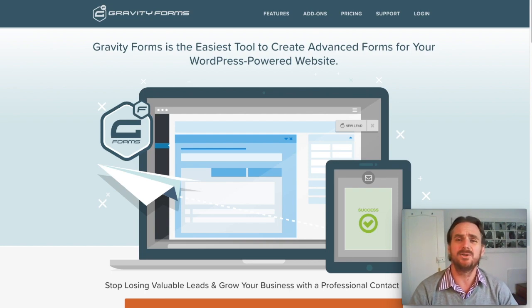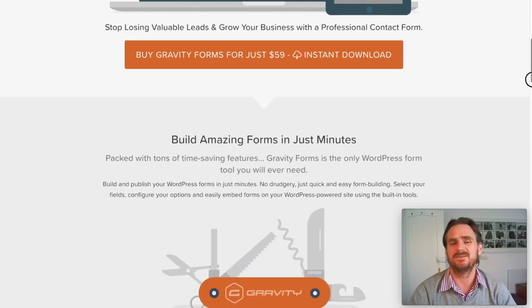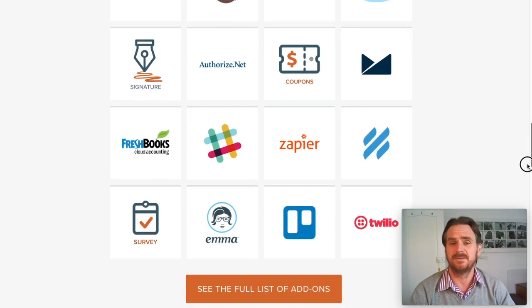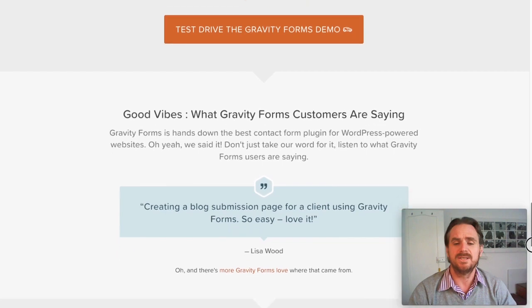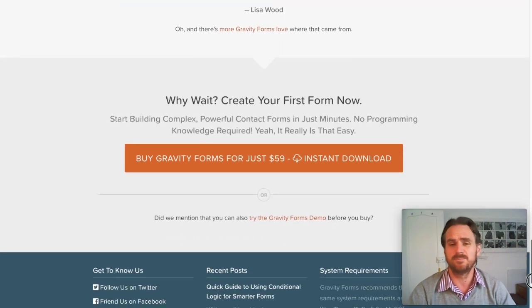Let me just take you quickly through the plugin. We will have other videos on how to work with Gravity Forms, but this is mainly just an introduction to Gravity Forms. So here we've got the Gravity Forms website. The nice thing about Gravity Forms is it's installed on hundreds of thousands of websites. It's quite a big outfit that maintain it and have built it, so there's a lot of information available. There's a lot of documentation, which is perfect for a